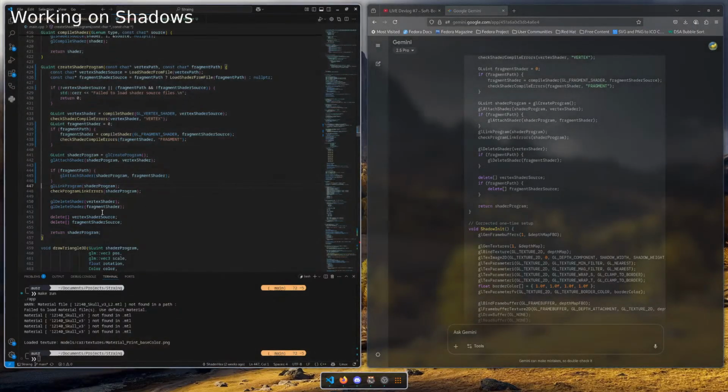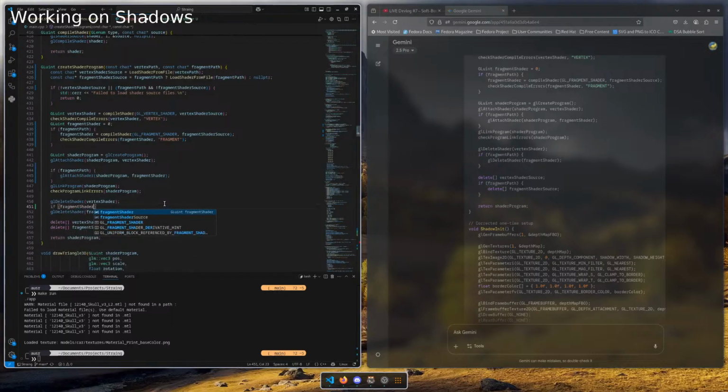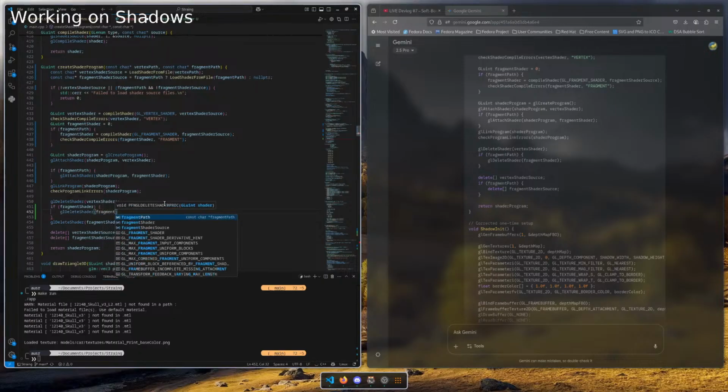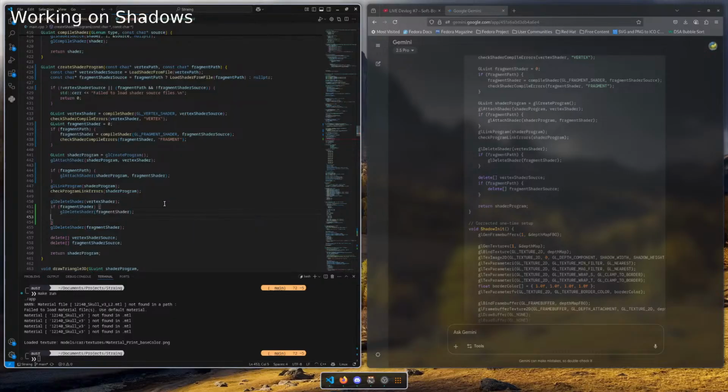So now we remove this thing, then if fragment shader, glDeleteShader fragment shader. Yep, cool.